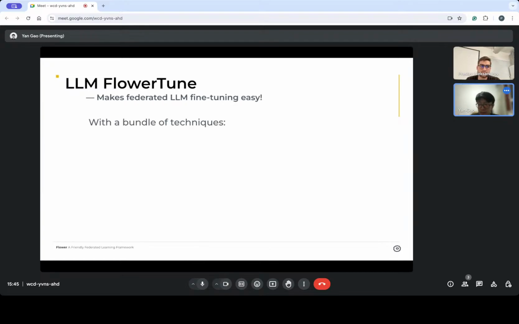So how does FlowerTune work? It basically integrates a bundle of techniques. First, it includes Flower Datasets, which is used to download, partition, and pre-process the training data. It also has easily changeable LLM adaptation, so you can easily change whatever model is the starting point for fine-tuning, for example Gemma or other off-the-shelf models.